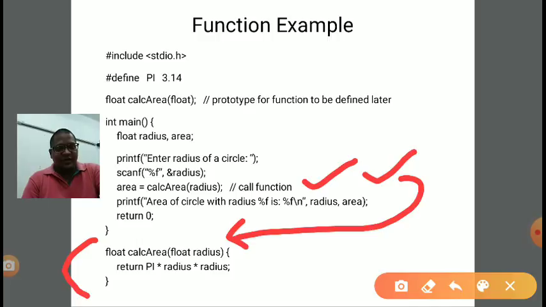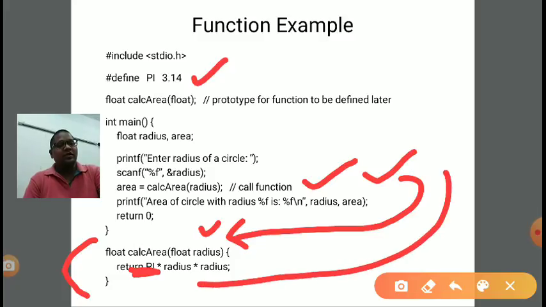In the function body, radius is whatever input we pass, a floating type variable, and the output type is float. In the body we calculate using pi value 3.14 and the radius the user entered, and we return. Returning means we go back to the same line from where we called the function. Area is the variable where the output goes, and after that we have written a printf statement to display the output.